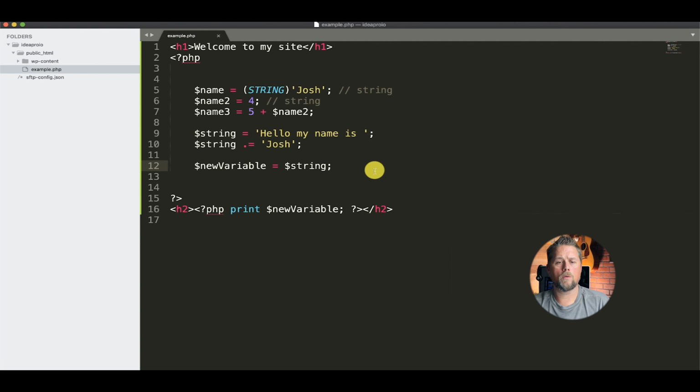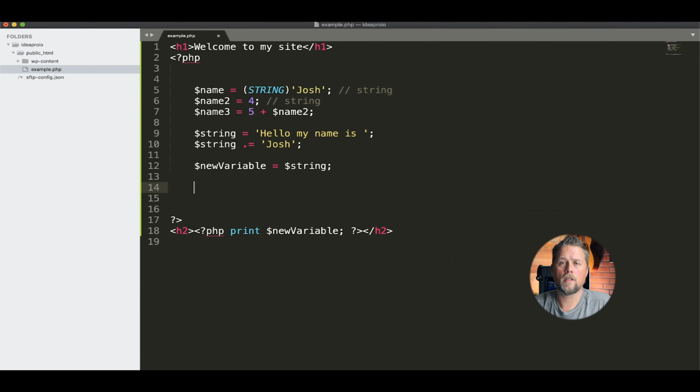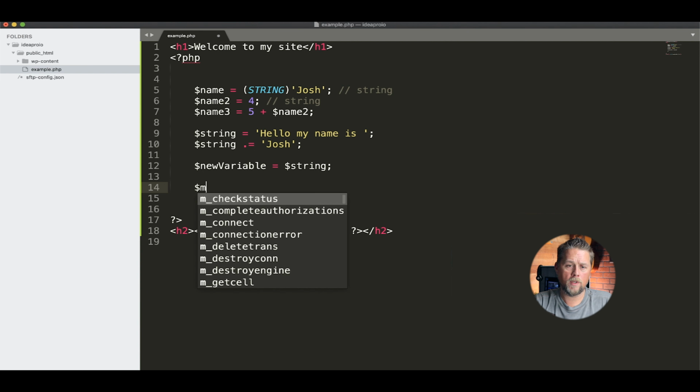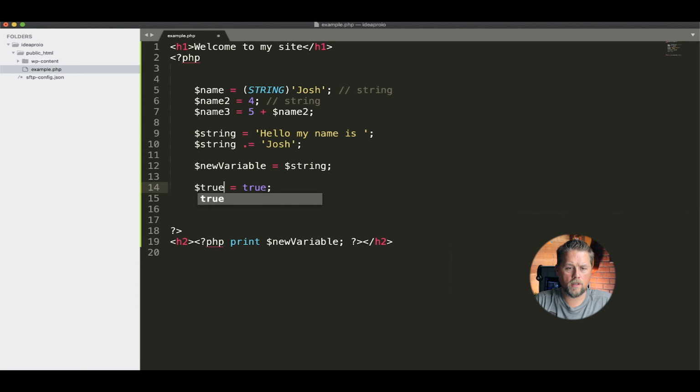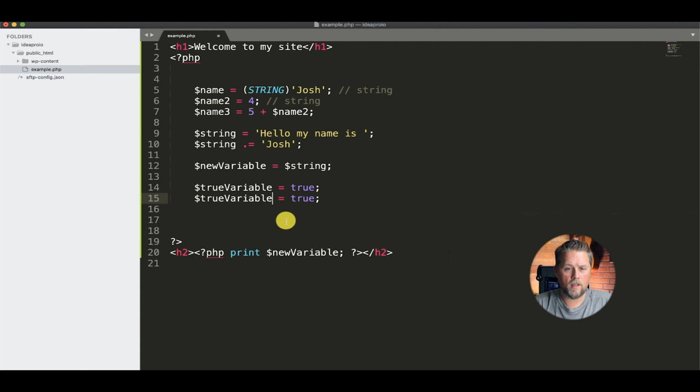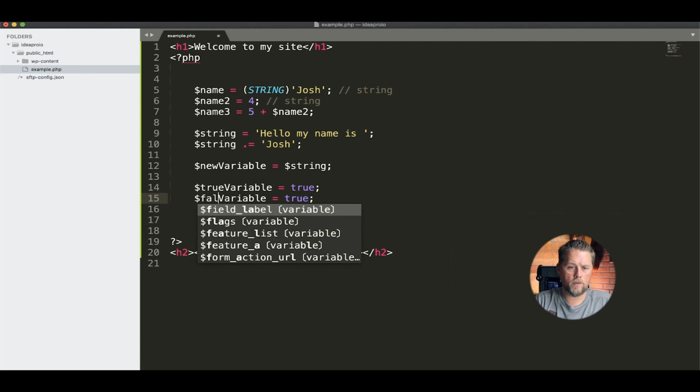All right. So the next variable we're going to talk about is, let's see, we've got string, we talked about integer, let's talk about a boolean. Now a boolean is a true or false. So if we said my name is, and we called this true, that is telling anything that variable is true. So then we can say, let's call it something else. Let's call it true variable. And then let's do another one, call it false variable, false,